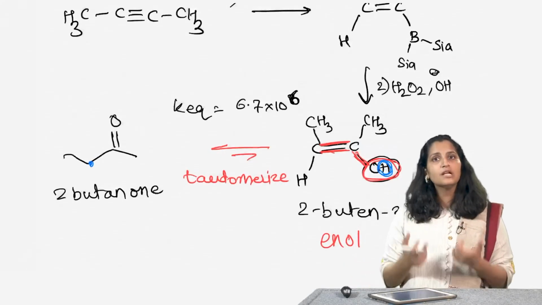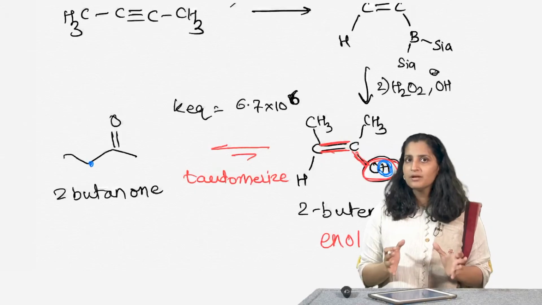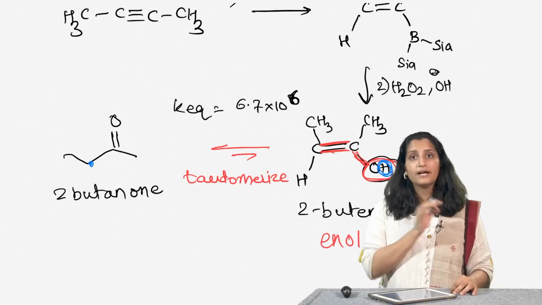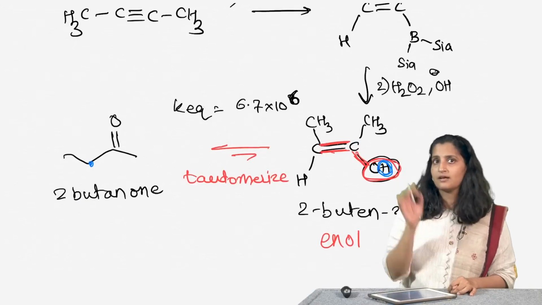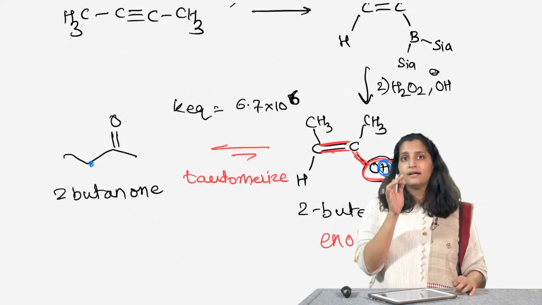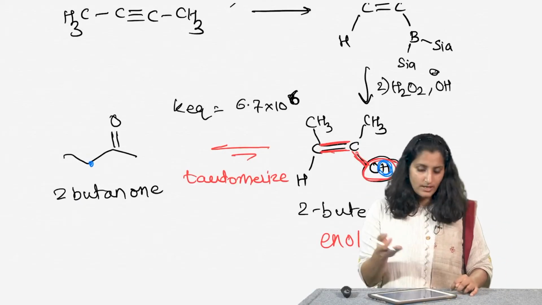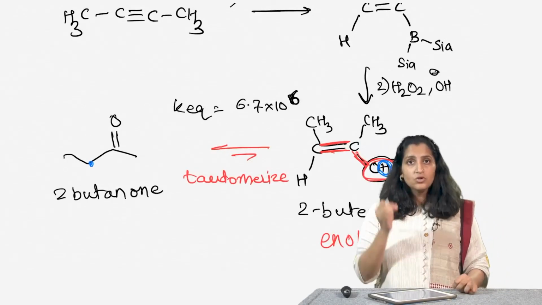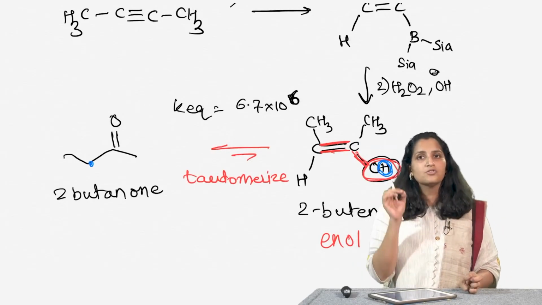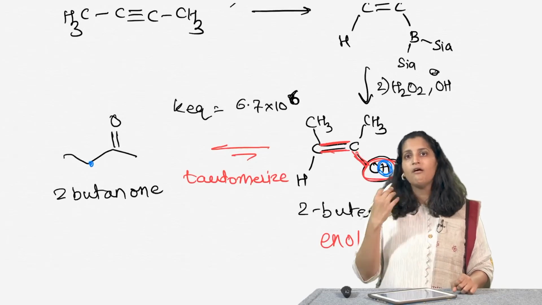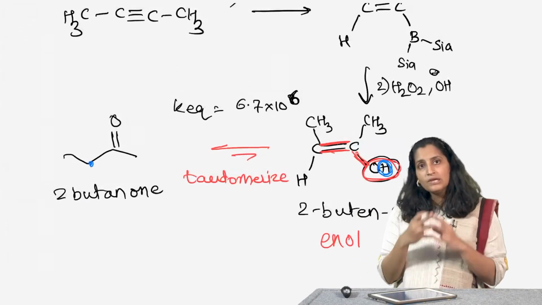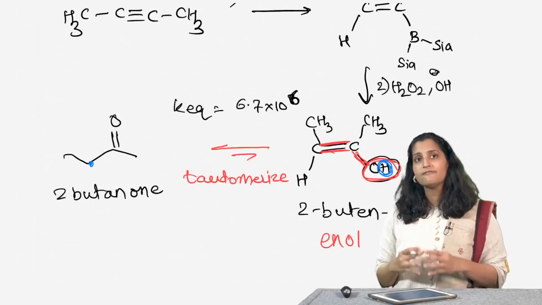They are constitutional isomers that are in equilibrium with each other and differ only in the location of the hydrogen atom. So, what are tautomers? They are constitutional isomers and they should be in equilibrium. So, as we wrote the K equilibrium for this reaction, and also they should differ only in the location of the hydrogen atom, or any other atom in some other cases,